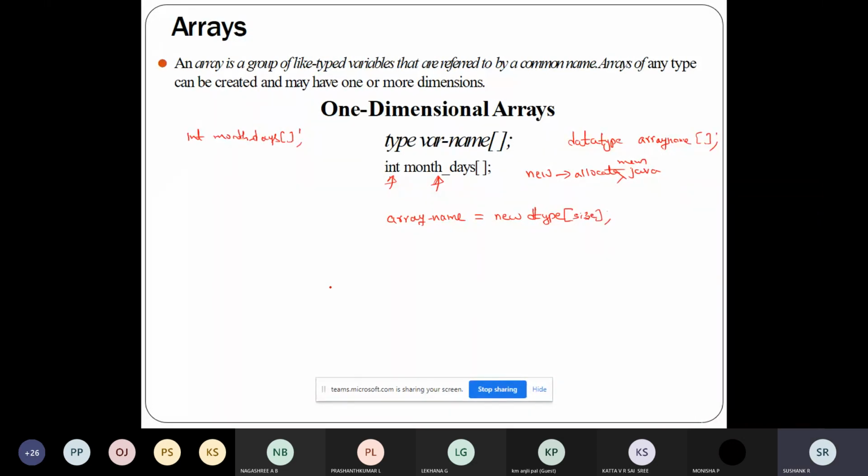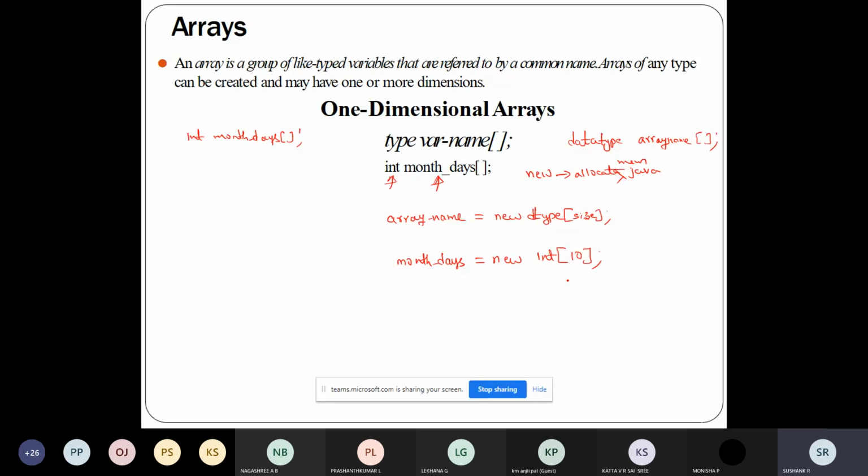Now, an example can be like this. What is my array name? My array name is month_days. month_days is equal to new operator. What is my data type? Integer. And what is the size? Size can be 10.